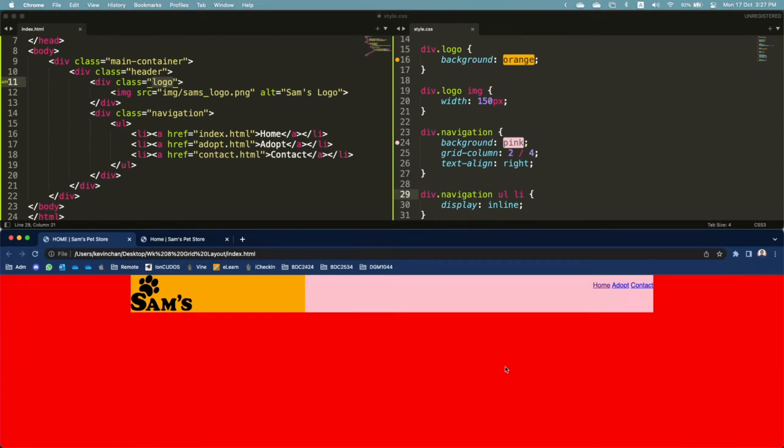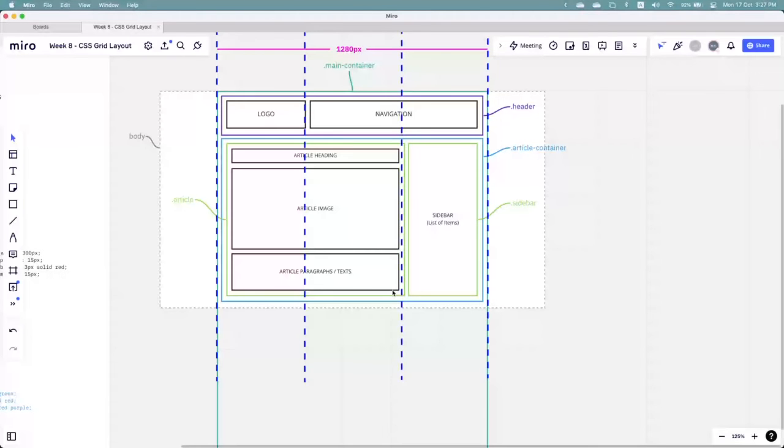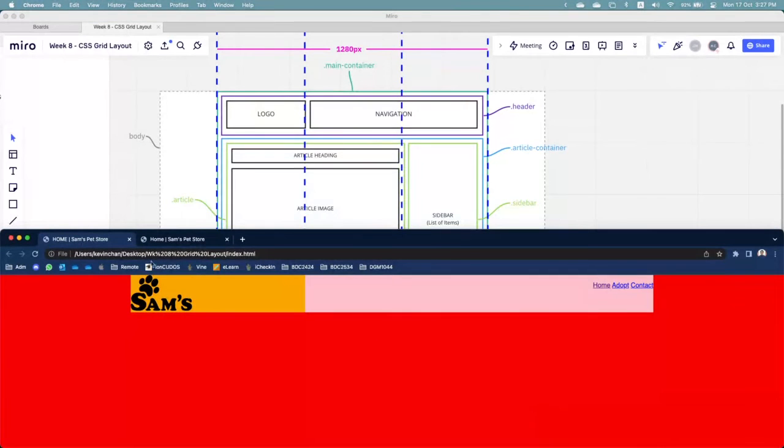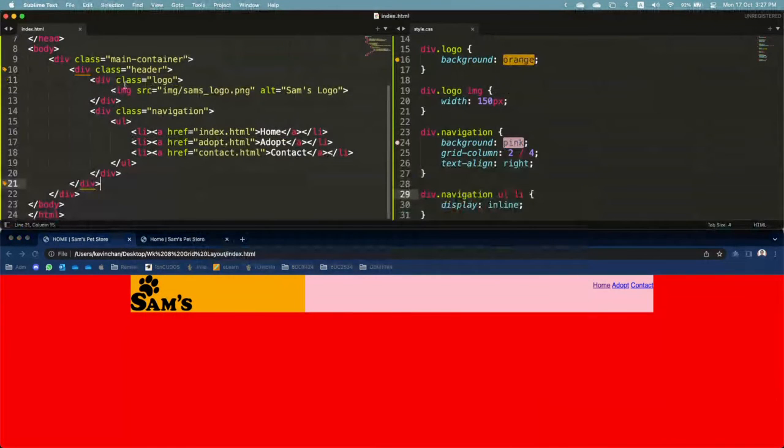Okay, we're gonna carry on. Okay, so we move on to the next part. We have done our header, so now we move on to our next level, which is the article container. So go ahead. After our header,